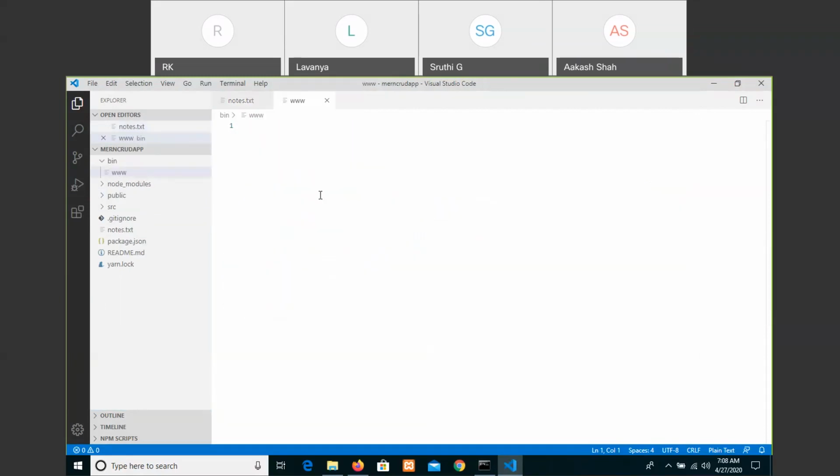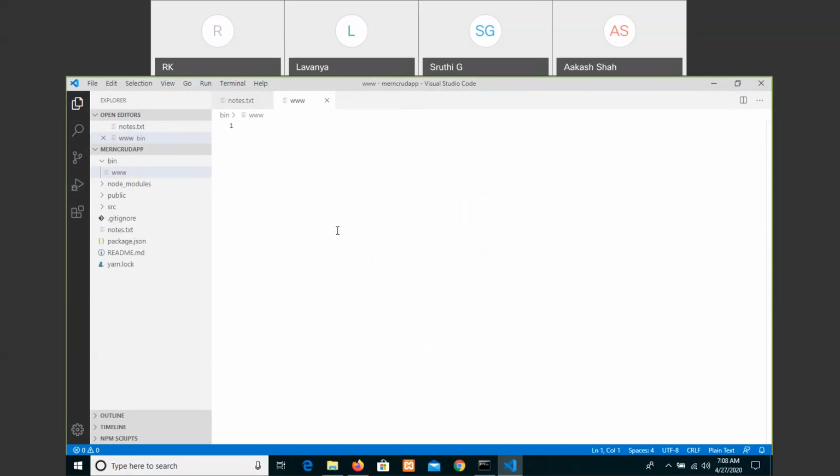In this file, you have to write the environment and as well the modules. What are the files that you have to test like this? Okay, let me write this.